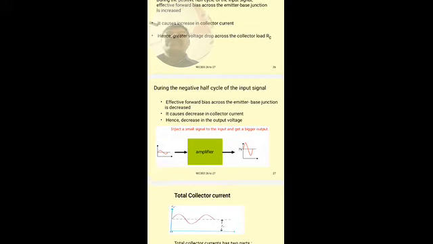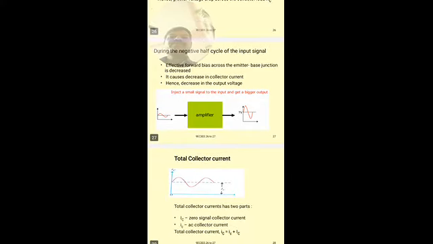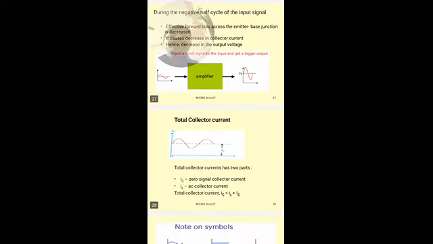So we have, during the positive half cycle of the input signal, the magnitude of the output signal is increasing, and during the negative half cycle the output voltage is decreasing. So we have the small signal at the input, and at the output we get a bigger output. The current is in phase here with the input. The total collector current